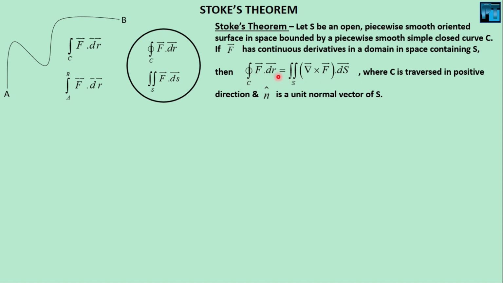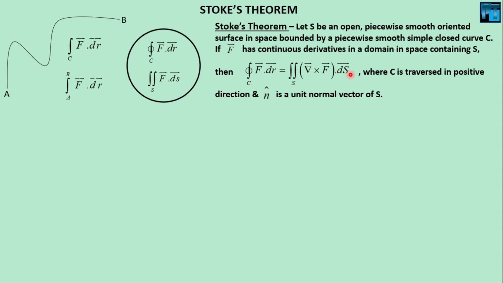Closed line integral f dot dr equals open surface integral del cross f dot ds. Now this C is traversed in the positive direction. What is the positive direction? The direction is anti-clockwise. Now in the expression there is no n cap, but you can add an n cap here, n cap